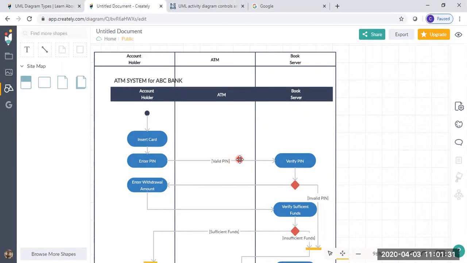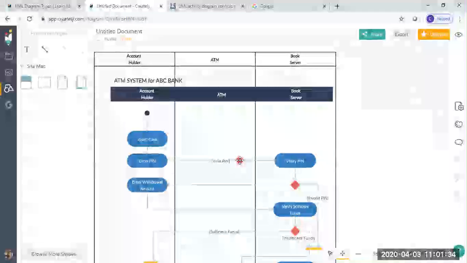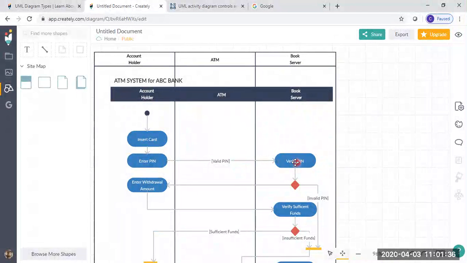So what happens in the validation process? The book server is asked to verify the PIN. This is an activity that is occurring at the book server or the bank server end. Fine. Now, when this activity triggers the decision activity,